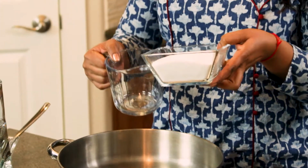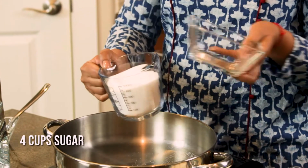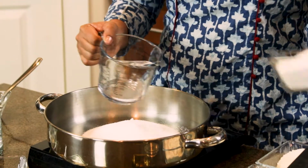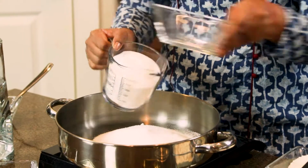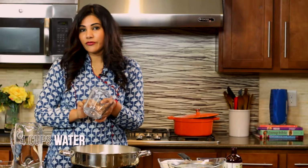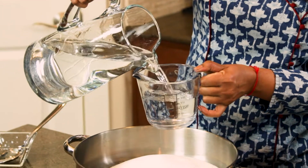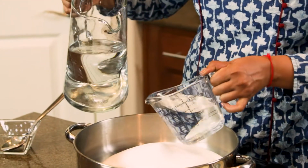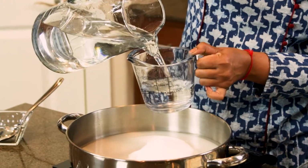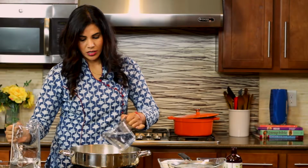For the sugar syrup, I'm going to start with 4 cups of sugar, just white sugar. So this is 2. Two more cups of sugar, so a total of 4 cups of sugar and 4 cups of water. So it's equal amounts of sugar and water. You could do 1 cup of sugar to 1 cup of water, 2 cups of sugar to 2 cups of water, depending on how many gulab jamuns you're making. So today I'm using 4 cups of sugar and 4 cups of water